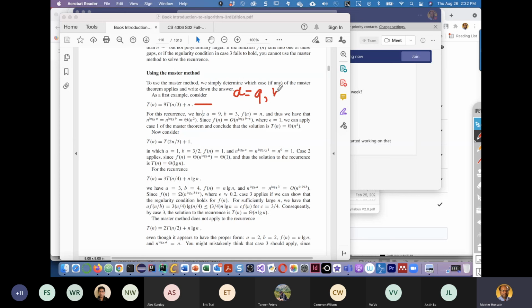And b equals 3, right? And f(n) equals n. We are given this formula, right? So now we need to calculate n to the power log_b a, log